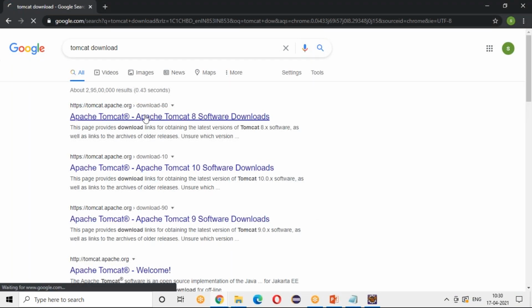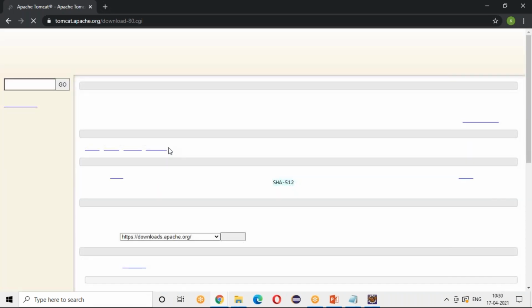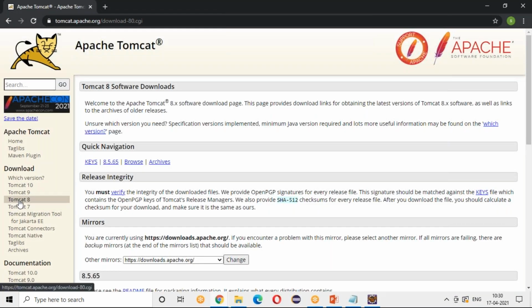Apache Tomcat is the official website. Select your version, whichever version you want, 8 or 9 or 10. Currently I was using version 8, but it's your choice, you can use 9 or 10 also. It will redirect to the Tomcat download screen, right?